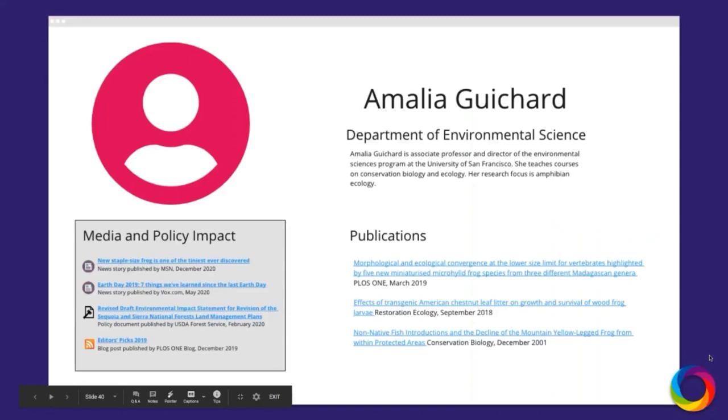This example is actually an idea that one of our customers came to us with a while ago. I thought it was really cool, so I wanted to use it here. If you're an institution and you have a platform for author profiles or faculty profiles, you could use the Explorer API to add an updating list of attention, media, policy, or other types of attention to that faculty member's research alongside whatever else is in their profile,